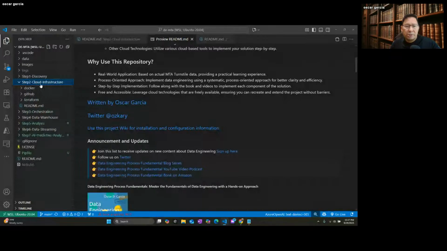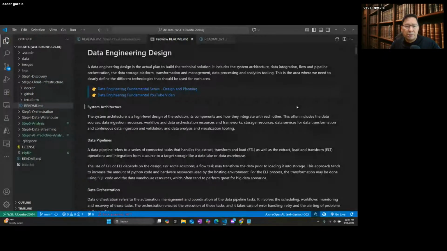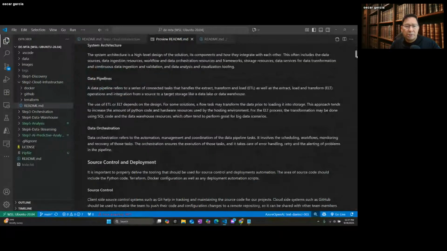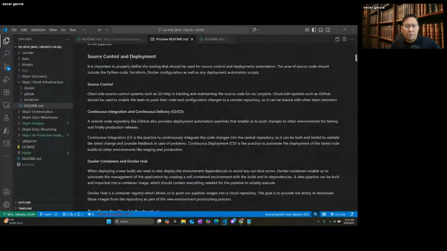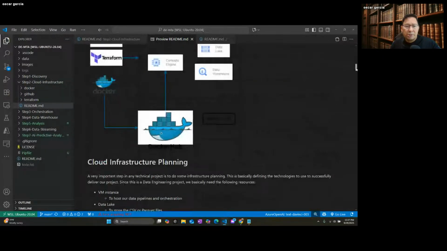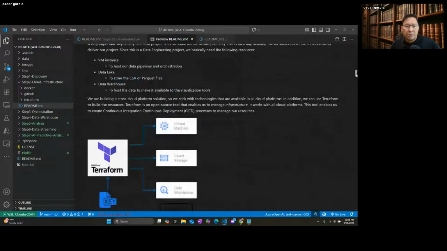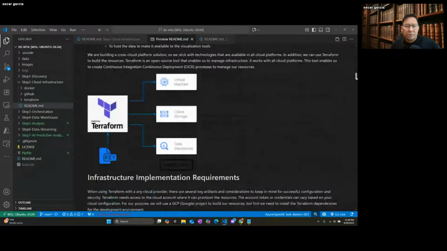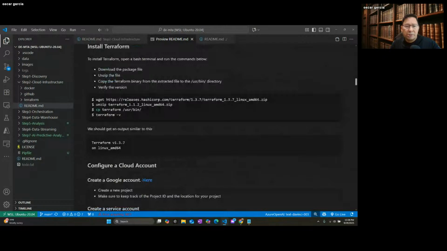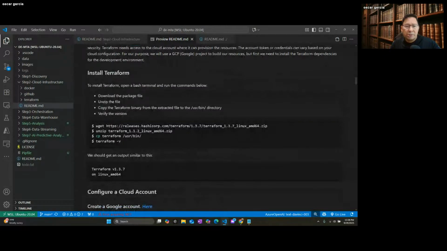If you visit that repo, then we talk about data engineering design, all those concepts that we review on the slides. But in this case, what we're trying to do is talk about how we do this, right? How does this Terraform work? So the first thing is, of course, you need to do the dependencies. We're not going to do this live because it will take us hours to download all the resources. But just understand that if you follow this file, you can install your Terraform dependencies,